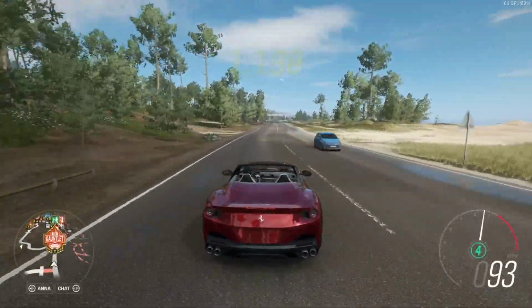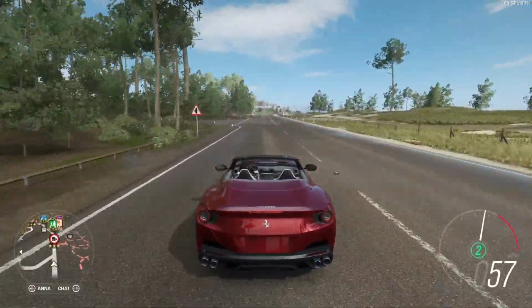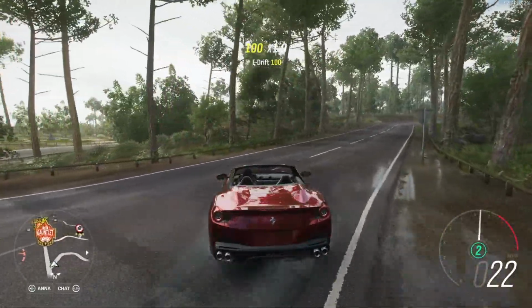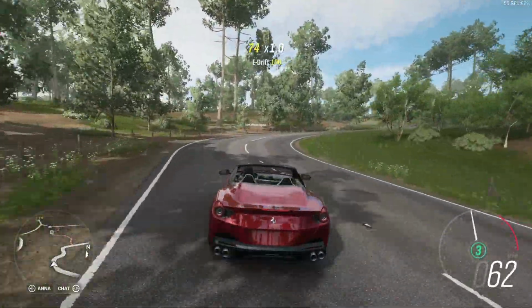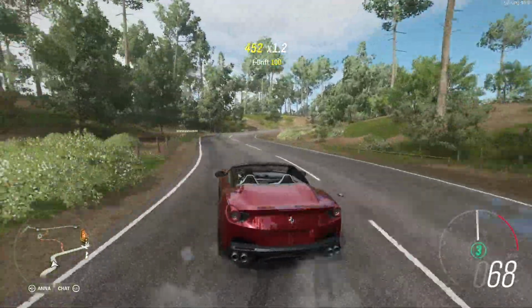In conclusion, I think it's safe to say the Ferrari Portofino is superior to the California T. If you guys want to see both these cars competing head-to-head, tuned up to the top of S1, then let me know down in the comments. But what I will say is, not only was the Portofino faster in a straight line, but it also just felt better in the corners, felt a little bit more